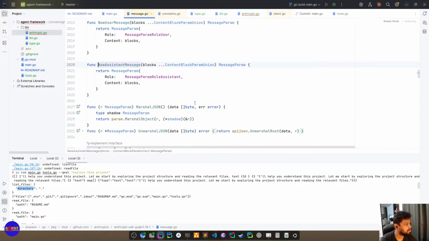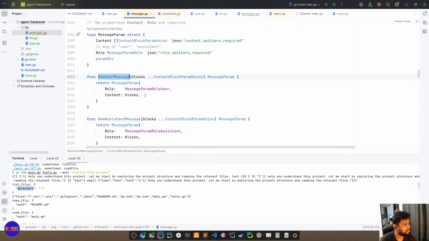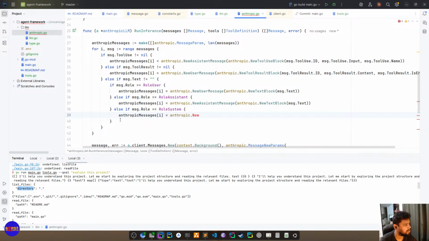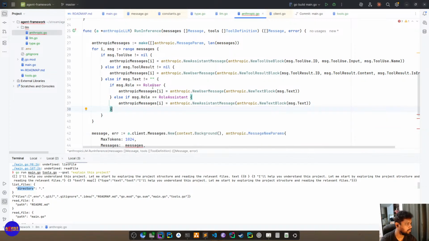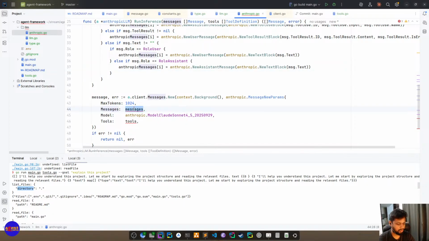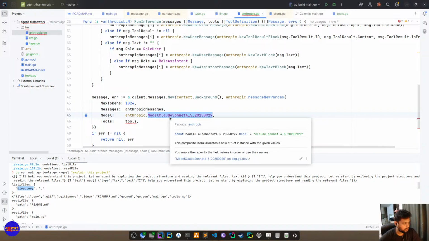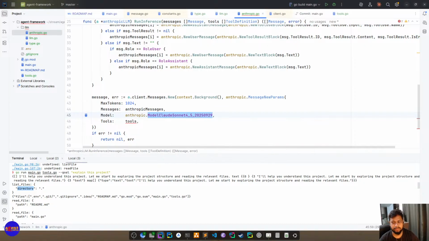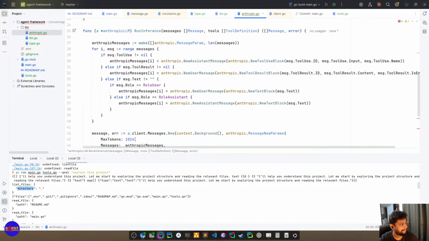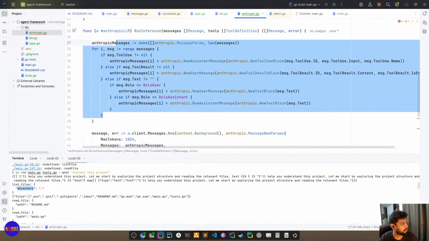There's no system message. Oh, there is system. It is there. Then you might remove system. Okay, so we did this transformation correctly. Also, for now, we are hard coding one model, but we need to see what we can do. Okay, we got this translation.